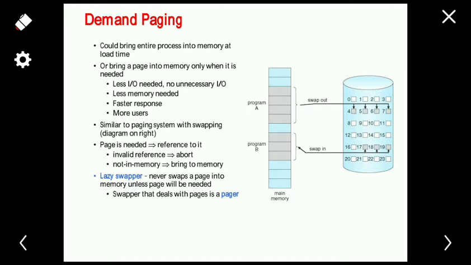right? So here program A and program B are executing in the main memory, and only some portion of the programs is mostly used for the execution, and the remaining part just occupies space in the main memory. Okay, so in order to reduce the wastage of the main memory, and at the same time, we are going to allow a new process to execute in the main memory.